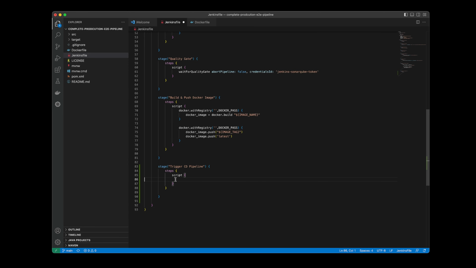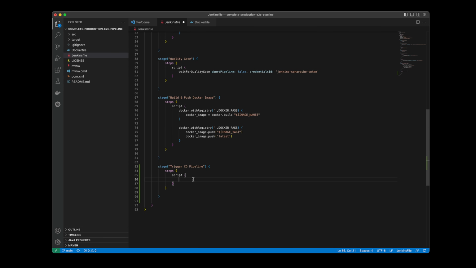Again, I do apologize. I know this video is quite long, but I want to make sure that this is an important step to make sure that we can automatically update the manifests. So here, Jenkins has the ability to trigger another pipeline by passing it parameters. And there's a couple of things that you need to set up for this to work. So we do need to create an API token for the Jenkins user. And then we'll match it with a token in the build step for the second pipeline. But first, let's just go ahead and create this,